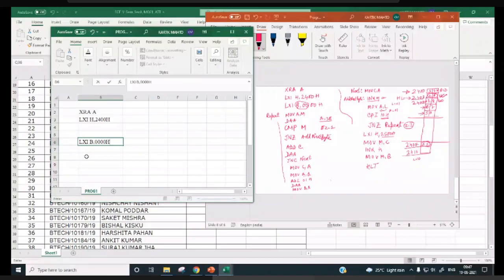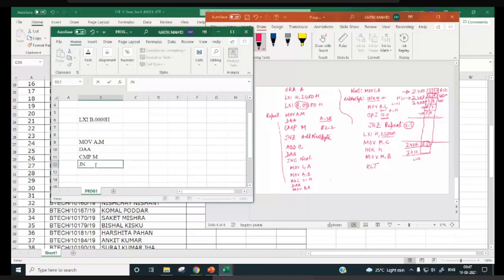Then you have to write move A comma M. This is 1 byte, so no problem. JNZ will be the next instruction. CMP M will be the next instruction, 1 byte, no problem. JNZ, add next byte, no?